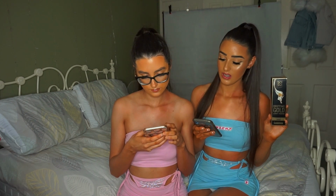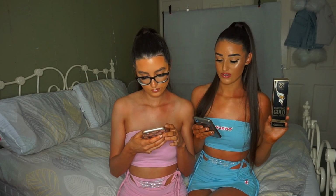G Store sell it for £21.95. eBay £17.99. Can you trust eBay? I don't know. Pretty Little Thing have sold it, and Misguided have sold it. But make sure if you're buying this, the packaging's pretty much the same as the mousse. Make sure it says lotion. The mousse is just as good, don't get me wrong. But if you want this specific one, make sure it specifies that it's a lotion,